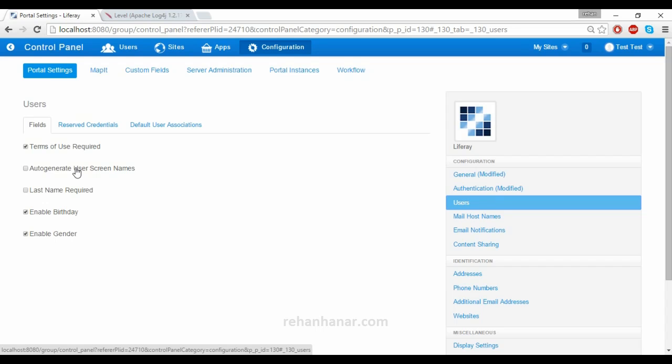We want to generate the user screen names, that also we can generate. Since by default we are giving our own screen name, and the auto generator has been disabled, it's taking whatever screen name the user has given. Last name required also you can give, so that without entering the last name the user can't create